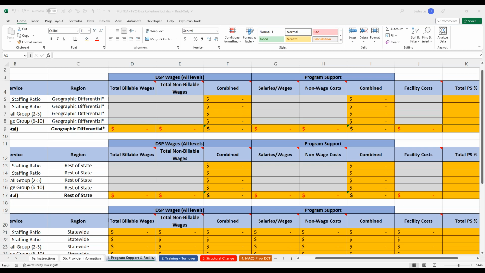We appreciate that it is time consuming, and we are really grateful that the provider community is taking the time to fill this out. Without a significant number of responses, we will not be able to make those data-informed decisions to help improve or adjust the rates based on the current costs that are out there for the provider community.